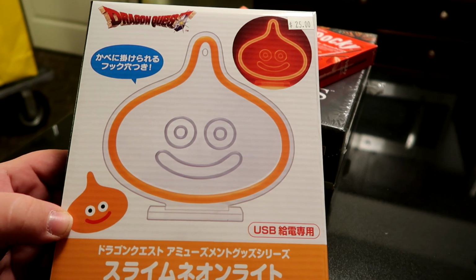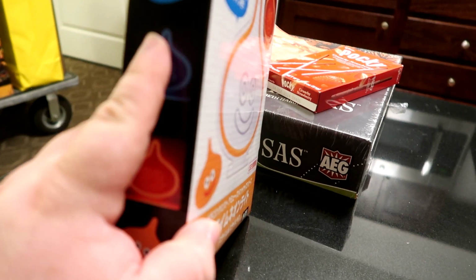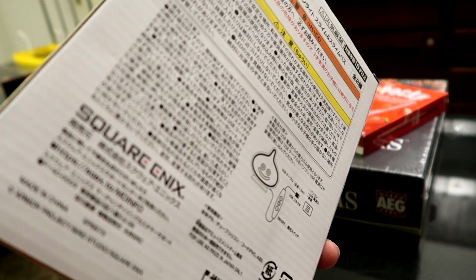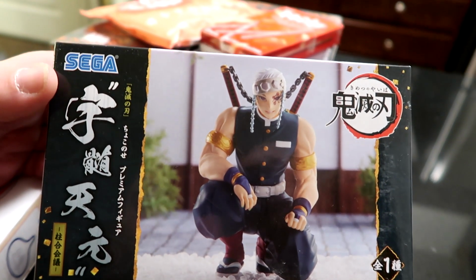So let's go through our stuff and then we'll crack the slime open, because I want to say you can get it in both colors. Orange and blue, and I'm probably going to have mine set to blue. But we're going to try it out and see if we can get both colors in a little bit. The last two things I picked up are Tenjin from